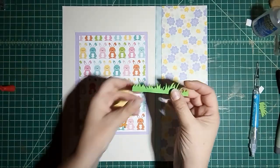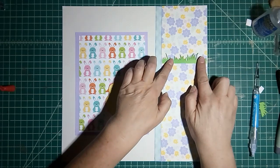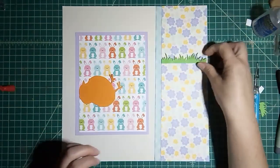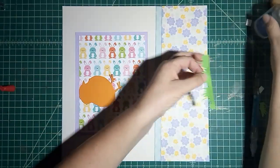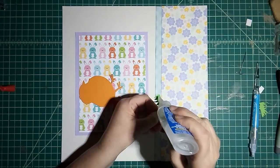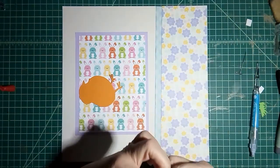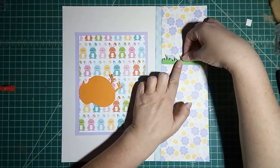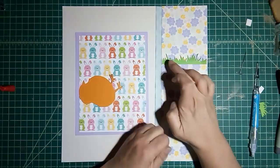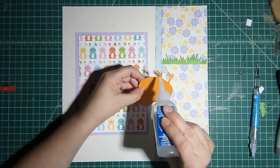And then I took the grass, same as the other side, and I just cut it in half. And unfortunately I cut this one a little short, but that's okay. So it's going to go right about here. So the animals are not exactly the same as they were on the other side, but they still have an Easter theme. And then I'm going to attach